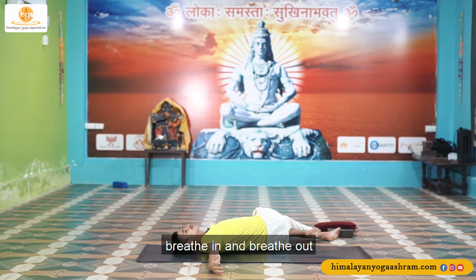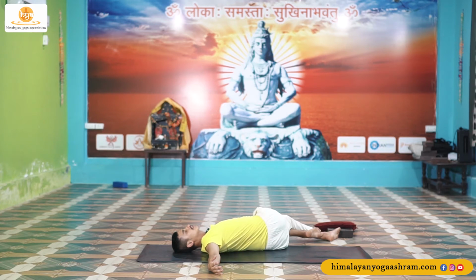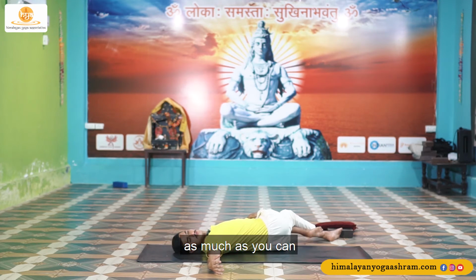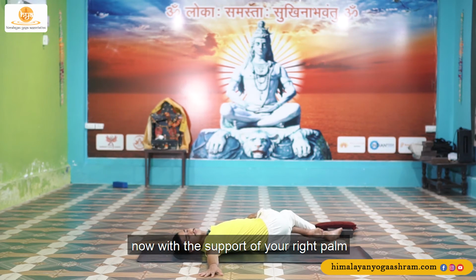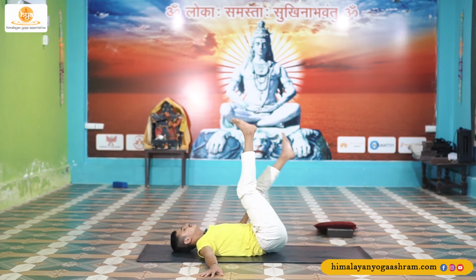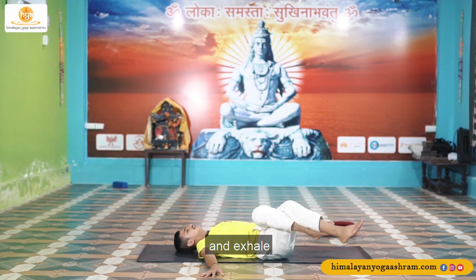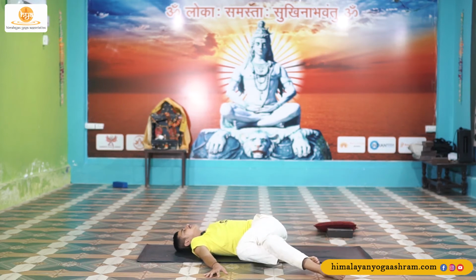Breathe in and breathe out. Nice and slowly. Try to place your right shoulder on the mat. Twist from your upper back as much as you can. Now with the support of your right palm, slowly release your legs. Switch your side and switch your leg. Breathe in and exhale. And now twist your upper back and hold here for 5,